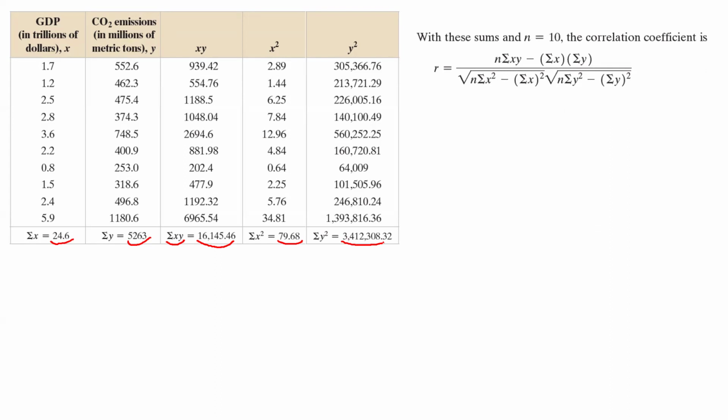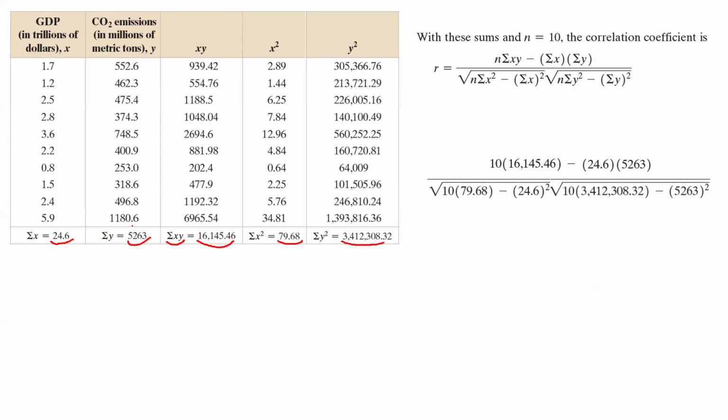Then you can just punch this formula into your calculator and do the calculation. R is equal to 10, which is the number of pairs, times the multiplication of x and y's. When you add them together, as you can see, it is 16,145.46 minus the summation of x values, which is 24.6, times the summation of y values, which is 5,263, and divide them by the square root of n, which is 10,